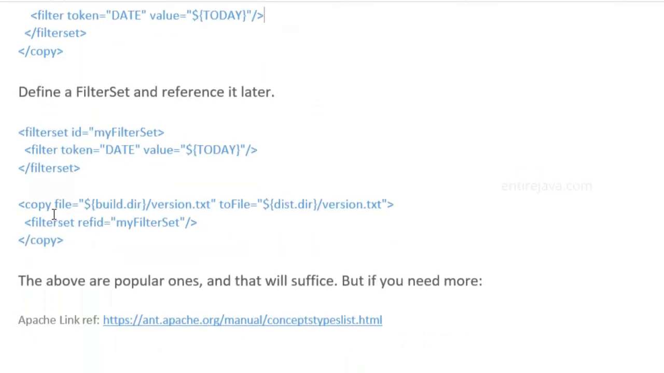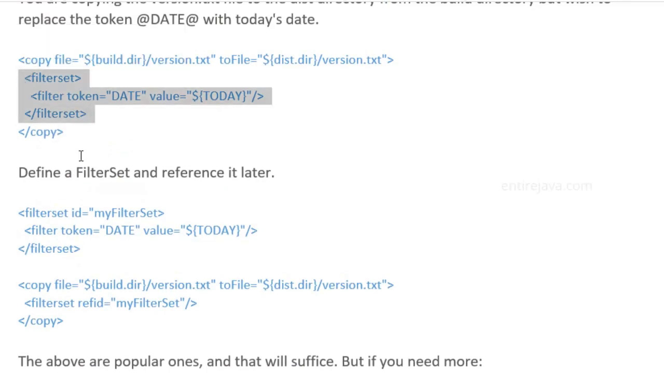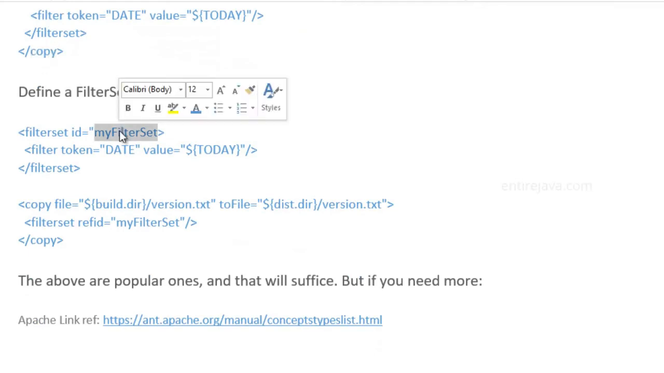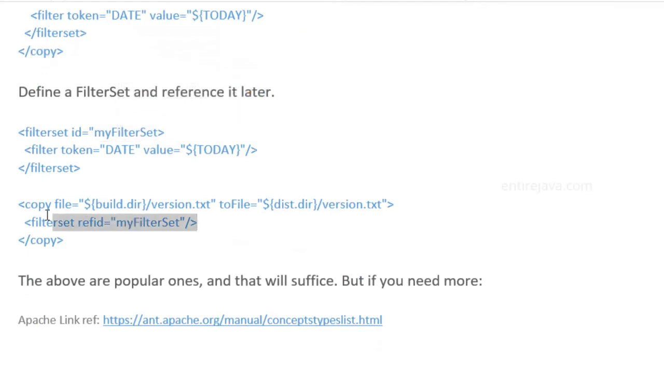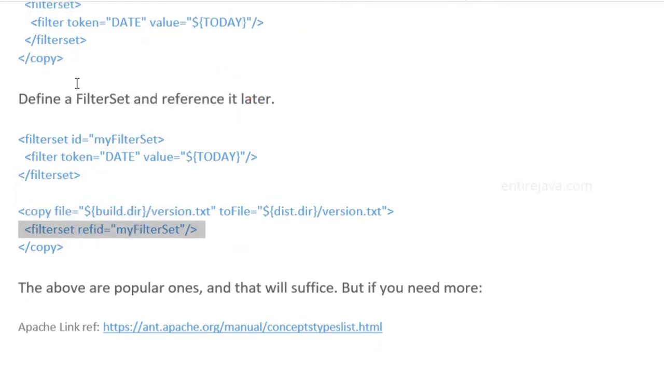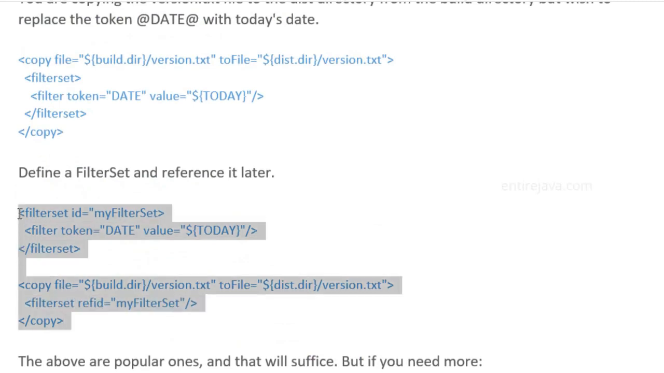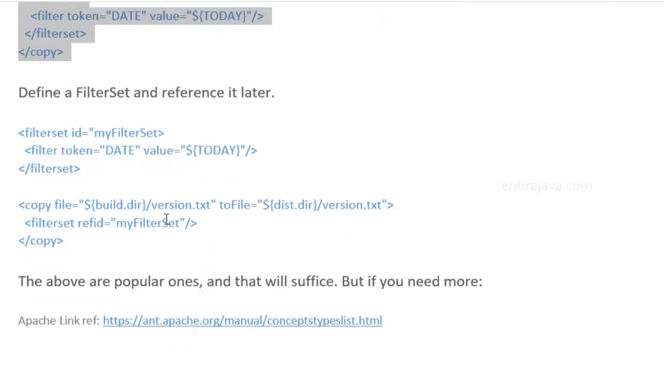This is just another example of filter set. All I've done here is take this out of a task and give it an identifier to reference it from the task. So both will accomplish the same, but the difference is we can now refer to this filter set from here